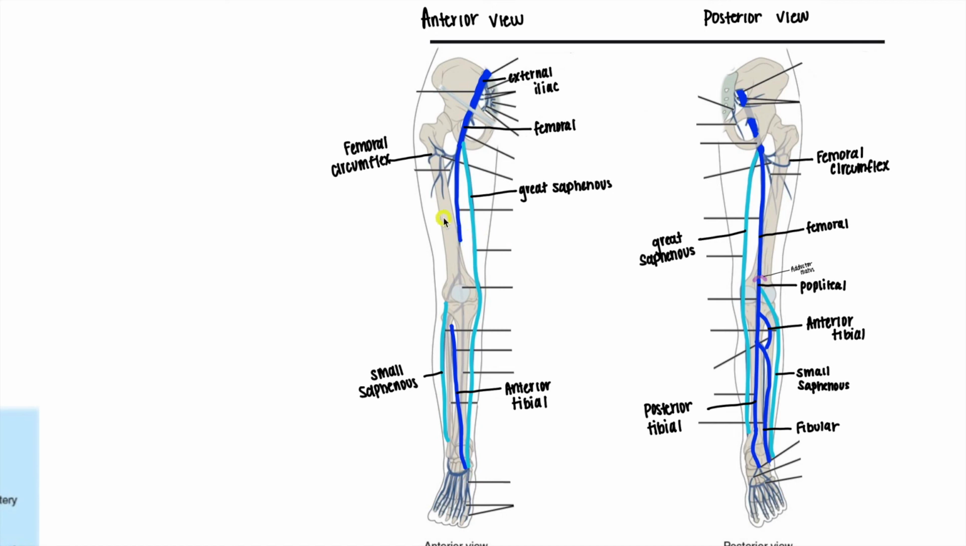We can see the femoral vein here anteriorly as it meets up with the great saphenous vein, goes under the inguinal canal, and becomes the external iliac